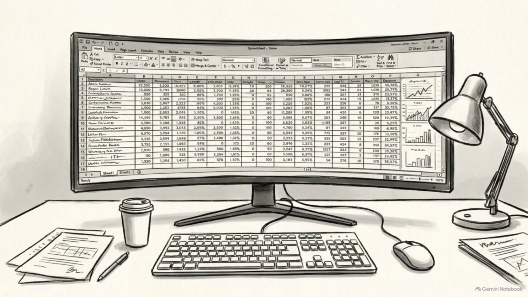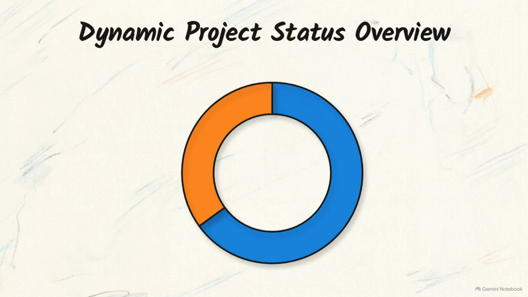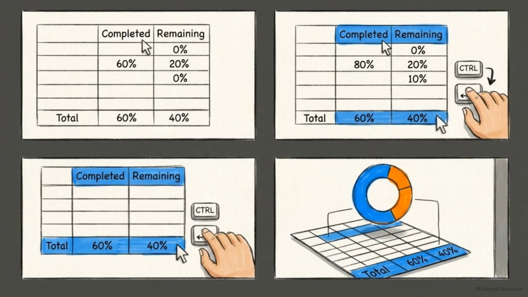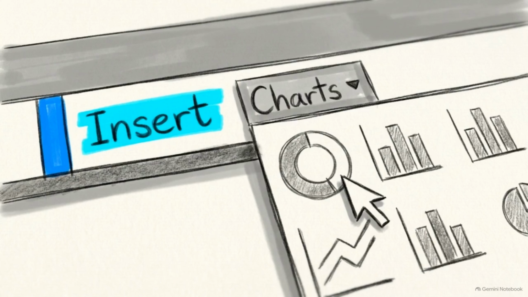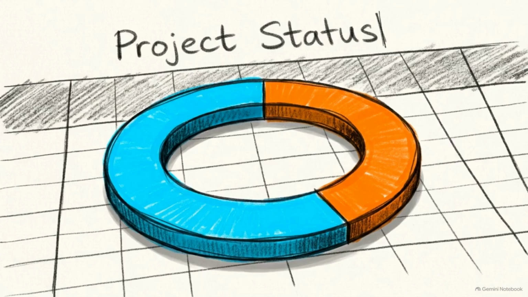The final architectural piece is summarizing this macro data into a single central visual, a dynamic donut chart. This graphic demonstrates the necessary data selection technique. You must highlight the completed and remaining header titles, then hold down the Control key to highlight the corresponding percentage cells in the total row. With those specific cells selected, go to Insert, select the donut chart from the dropdown, and retitle it to Project